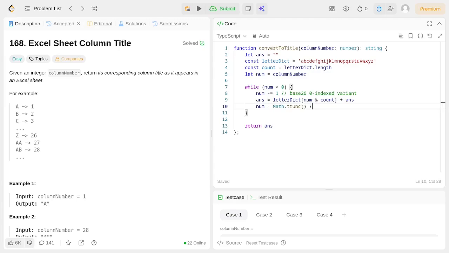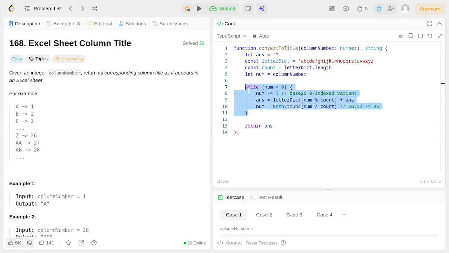Let's say if we have 26.52, then Math truncation or Math.floor will convert the 26.52 into the exact integer 26. So that is the main function of Math truncation or Math.floor, but for a lighter approach, we should use Math truncation instead. We can use num divided by the count. And finally,